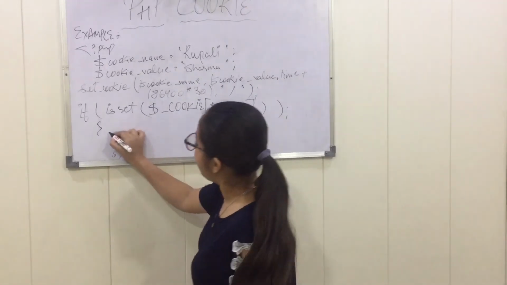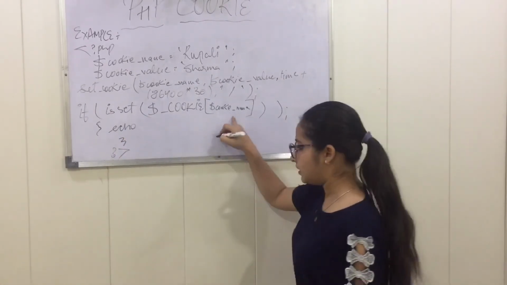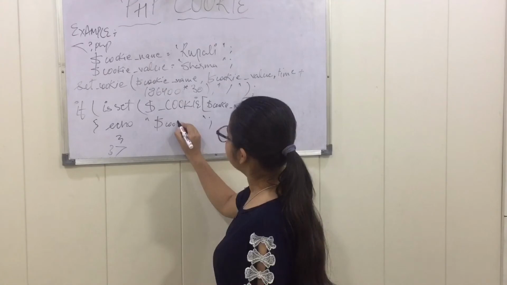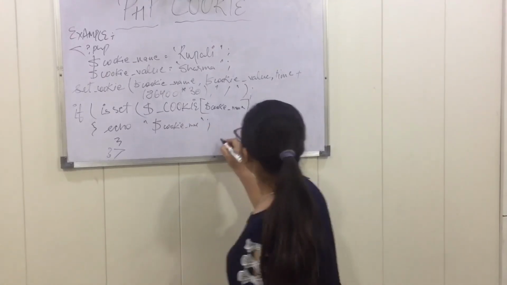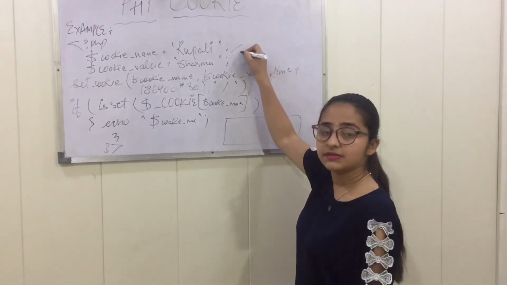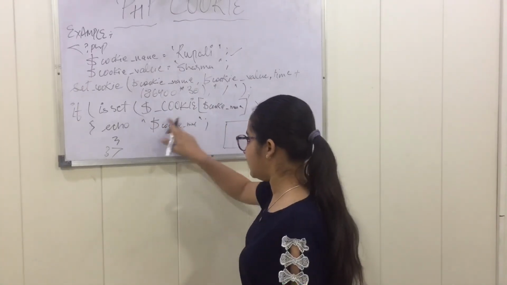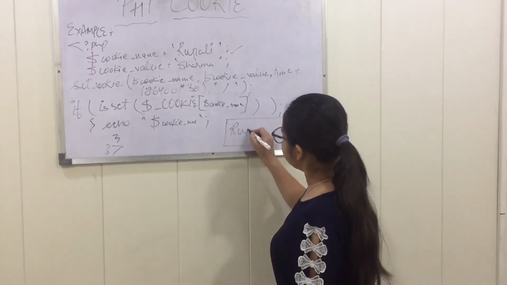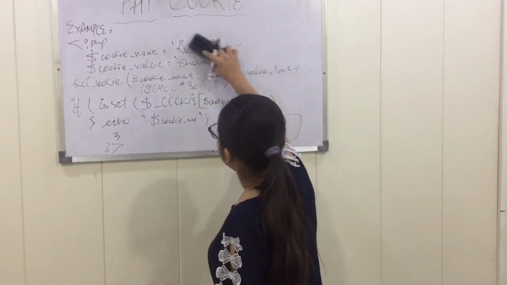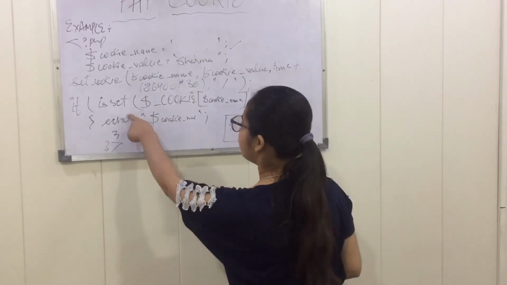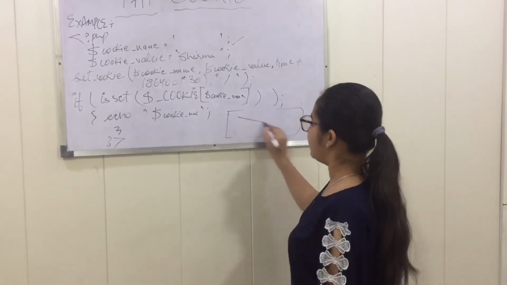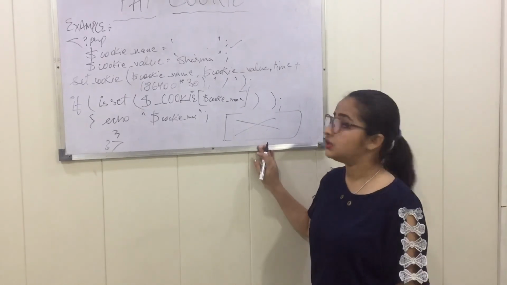In between this we will pass the echo to print the cookie name. So we will write here in double quotes dollar cookie name. On the display screen, if our cookie name has been set, suppose my name Rupali has been set in cookie name, then it will be displayed as Rupali here. If we have not set the cookie name, it will be empty here, because we are asking if the cookie name is set, then print the value, but the cookie name is not set, so it will be empty here. So in this way we can use the cookie.